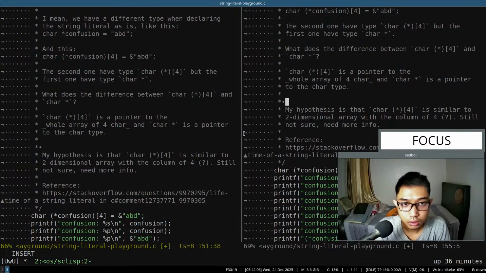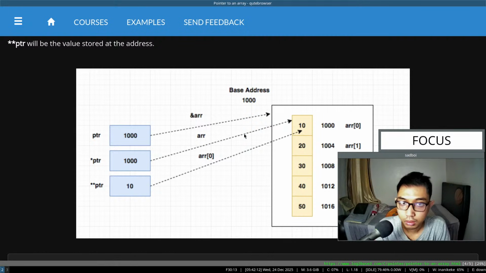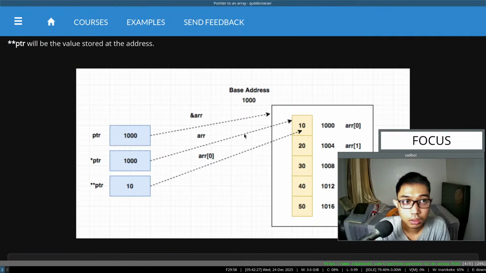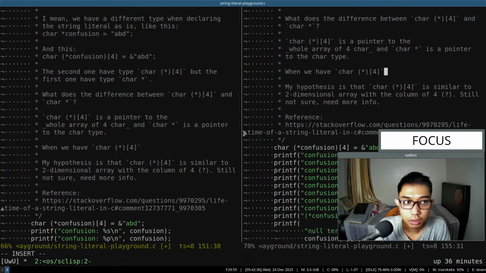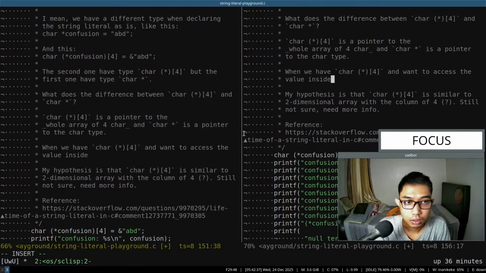When we have char, we want to access the value inside the array, we need to